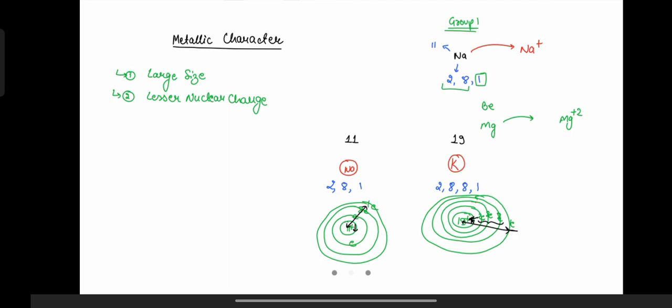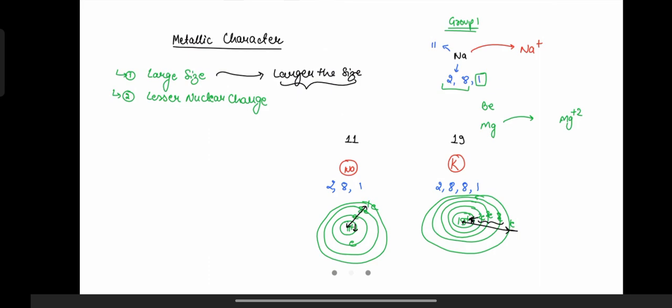Similarly, if you move from potassium to rubidium, what will happen? The radius will increase more, hence the attractive force will reduce more, the shielding effect will increase, and the electron will move out easily. So what is happening because of the large size? You don't have to write yet, I'll tell you when you have to write. Larger the size,